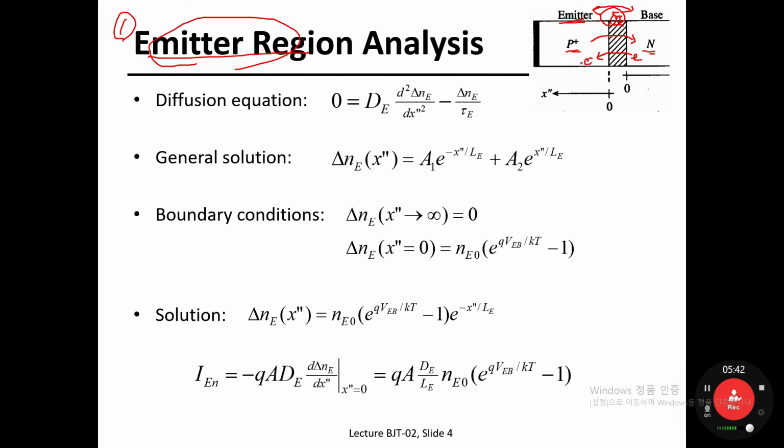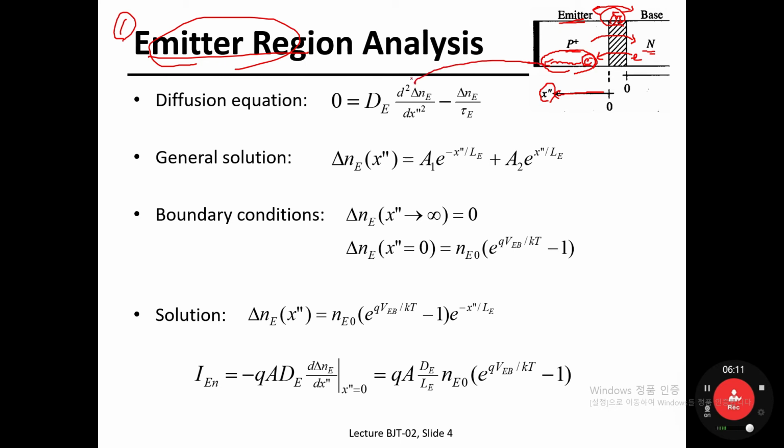So how these injected minority carriers are diffused out. The direction for X2 prime should be aligned to the direction of minority carrier movement in the emitter region. That is the reason why X2 prime is indicating to the left-hand side. Now to explain physically how those minority carriers, which is electrons in the P plus emitter region, is diffusing